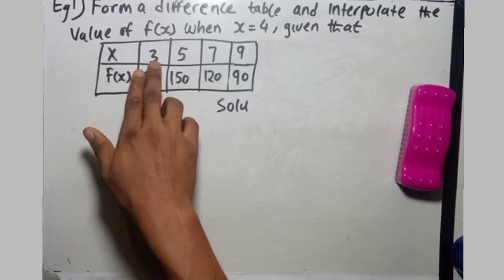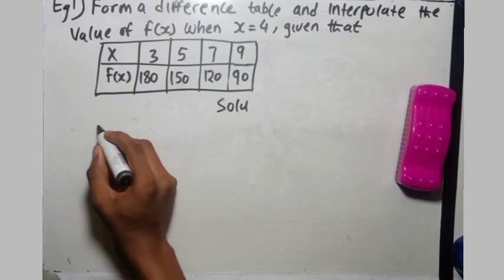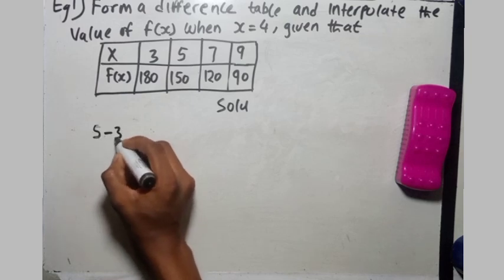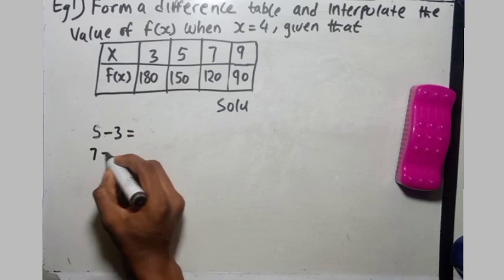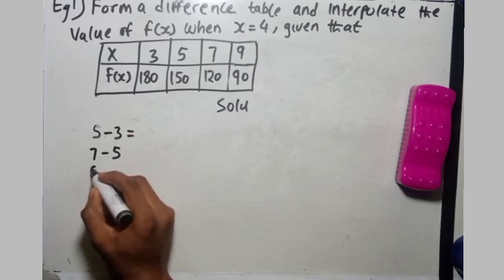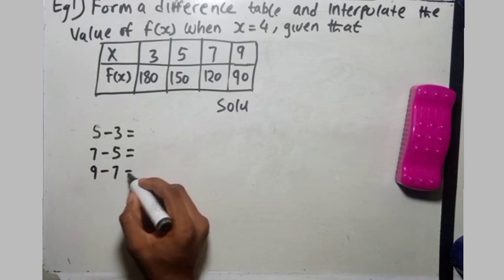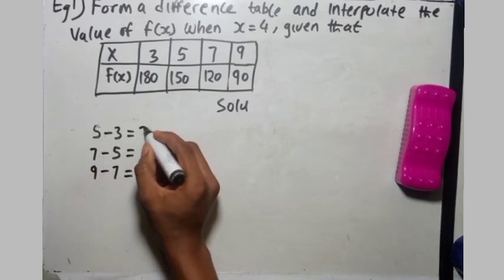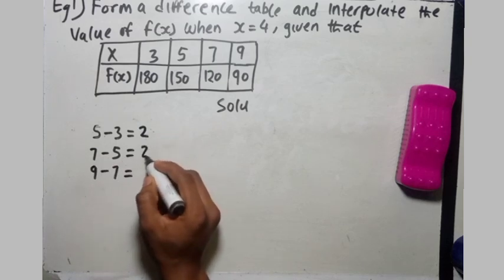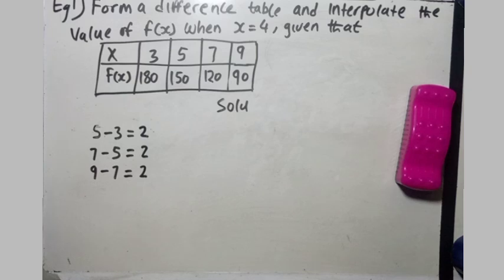If you notice, do we have equal intervals? Let us check. We have 5 minus 3, 7 minus 5, and 9 minus 7. Are all these equal? 5 minus 3 is 2. 7 minus 5 is 2. 9 minus 7 is 2. So these satisfy all the requirements needed to be using